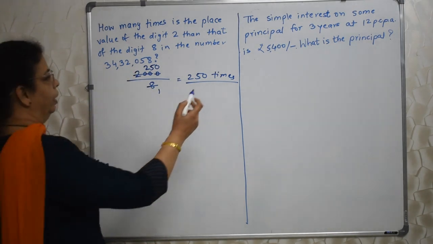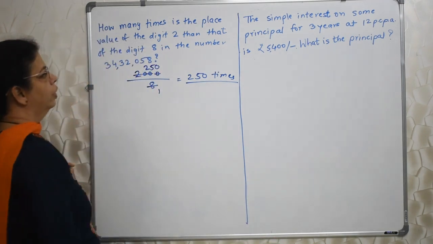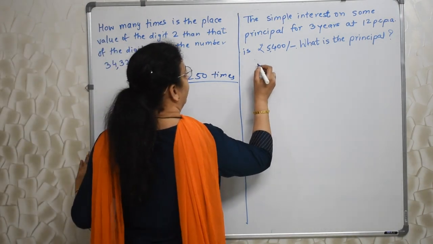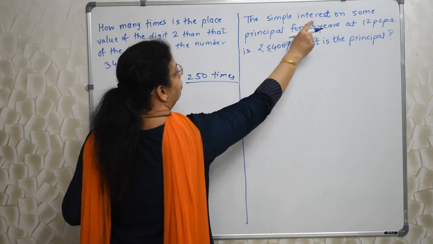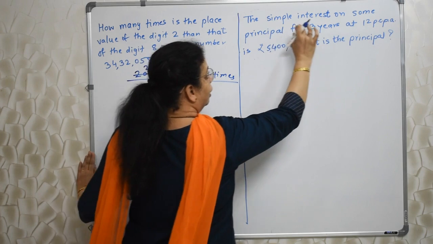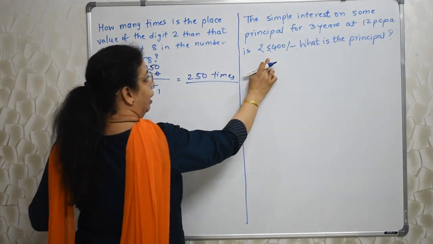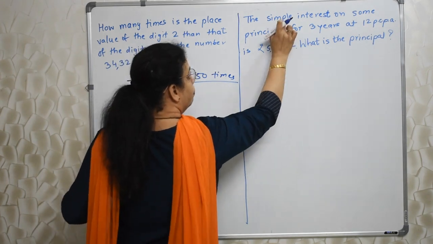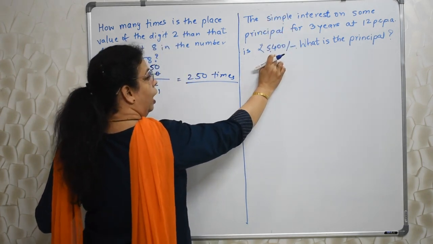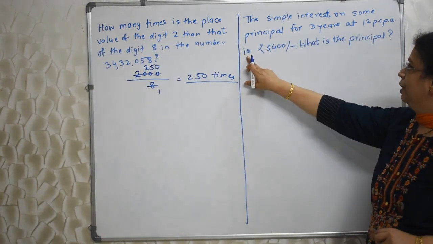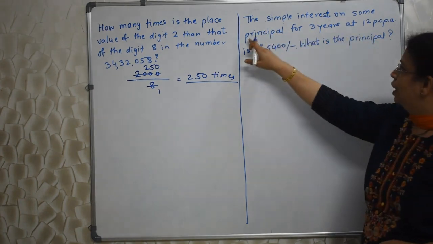Okay. Next one. The simple interest on some principal for 3 years at 12 PCPA is rupees 5400. What is the principal? Principal पूछा है, क्या क्या दिया है वो फाइंड आउट करेंगे. The simple interest on some principal for 3 years, ये सब बात कर रहे वो सिंपल इंटरेस्ट के बारे में ही है. सो इवन दो सिंपल इंटरेस्ट वर्ड इधर है और 5400 इधर है, सिंपल इंटरेस्ट की अमाउंट ही ये है. Have you learned subject predicate in English? वर्ब इधर है, सो ये पूरा सब्जेक्ट ही है.